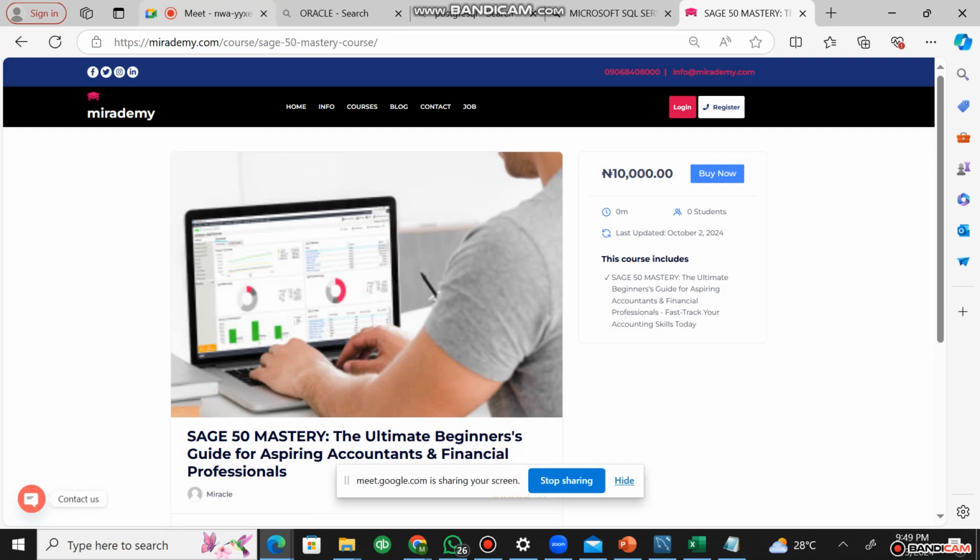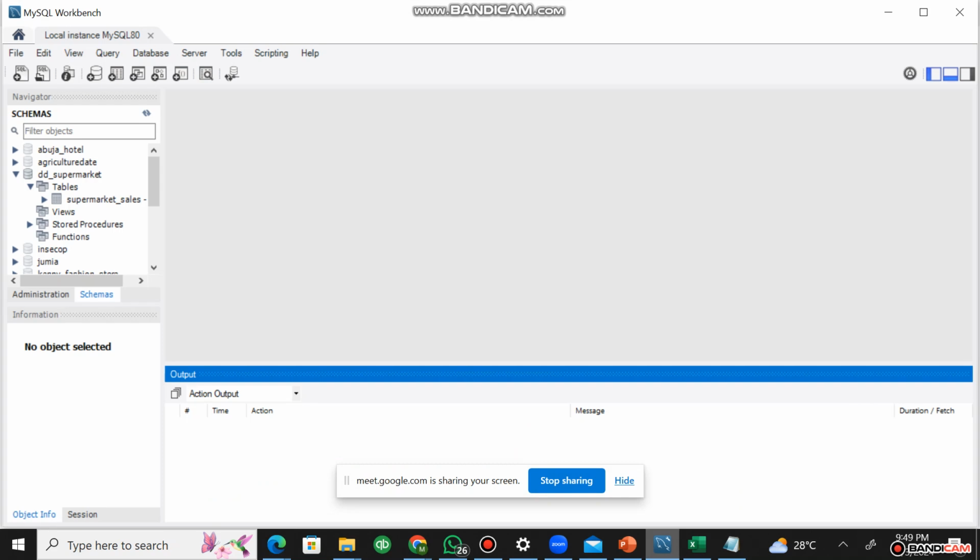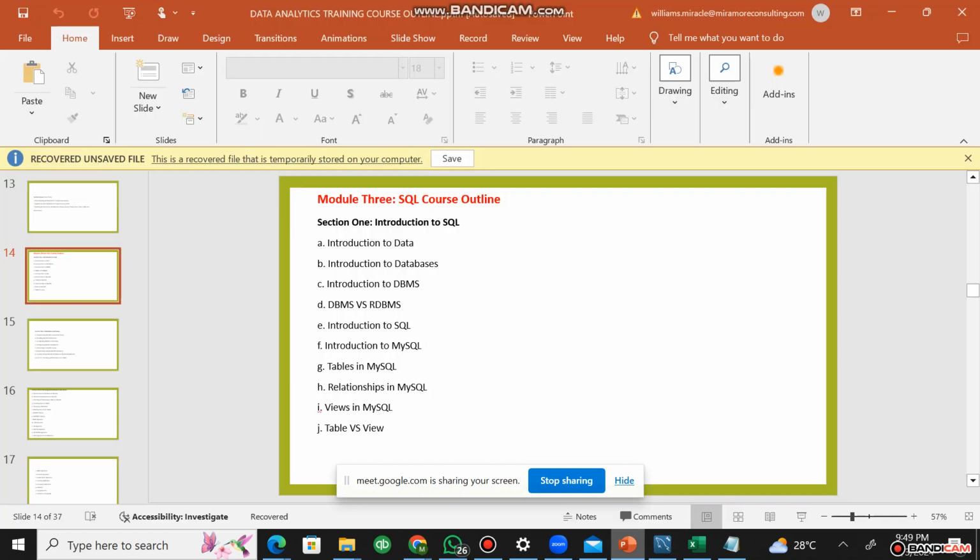Now, this is exactly how your SQL language behaves. It is like a powerful search tool for your databases. So it's very important you learn it to perfection. Now we'll move to the next one here, which talks about